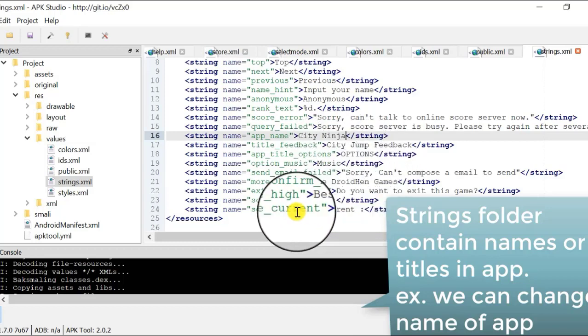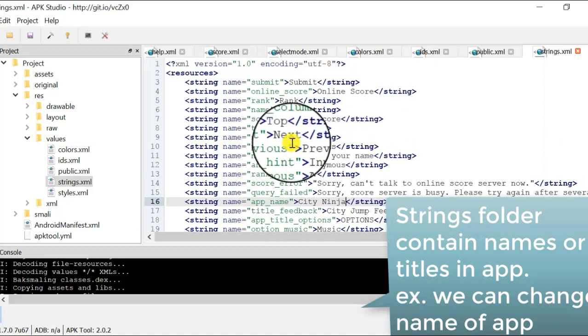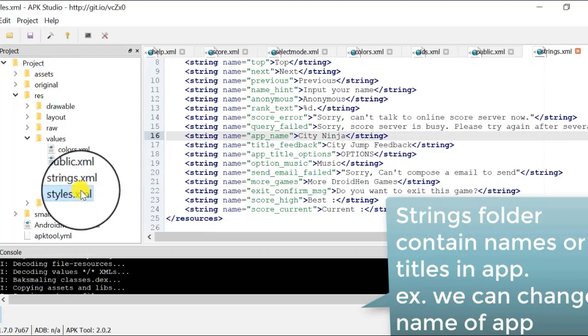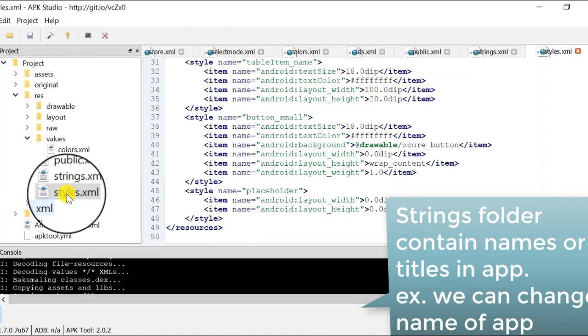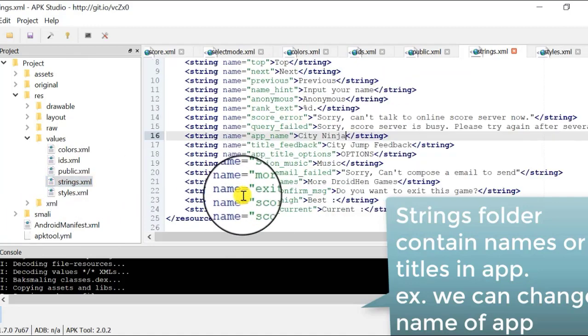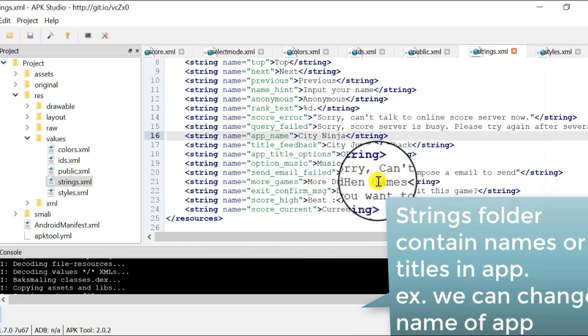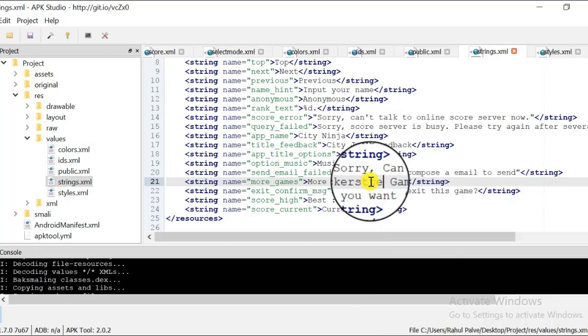You can also change other strings in the game, but I don't want to edit them all. You can edit all of that. Now save our project. Click on this icon to save. So now I am editing this game.